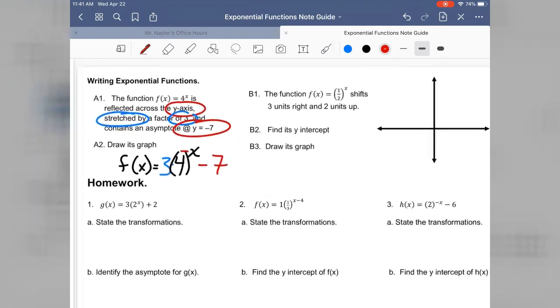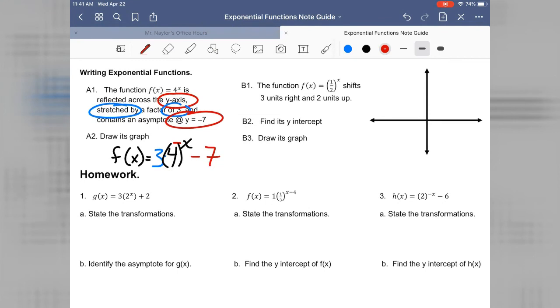Now, this would be an interesting equation to graph, but let's just do one thing at a time. It looks like we have an asymptote at -7, so that definitely can be drawn. It looks like we have a starting value of 3. Now, if we have a starting value of 3, we just want to make sure that that's not where we end up, because if we start at 3, you actually have to shift down 7 from that point. So that's actually going to give us a final resting point of -4,